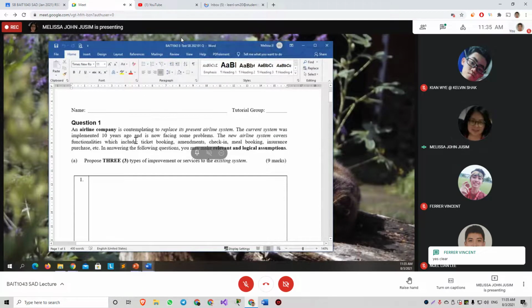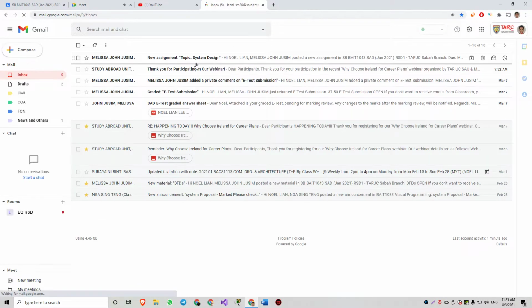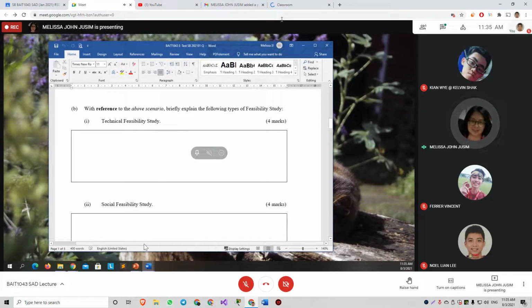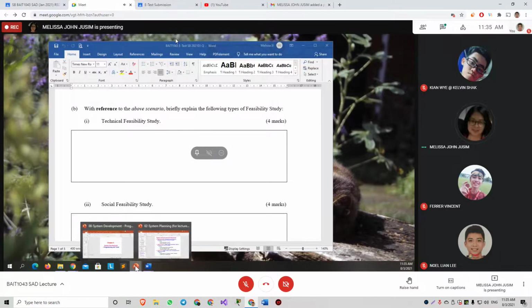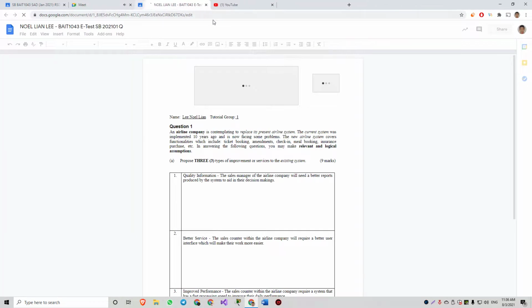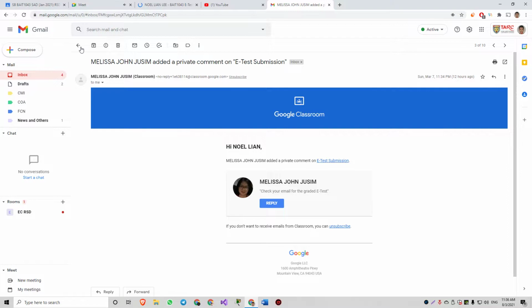Okay. And then with reference to the above scenario, briefly explain the technical feasibility and social feasibility. Technical feasibility means can we build it? Okay, can we build it?